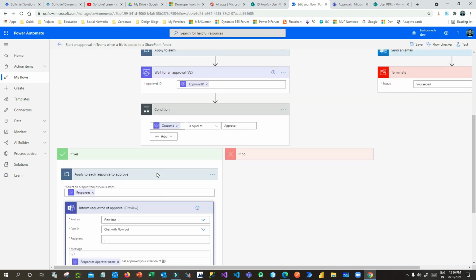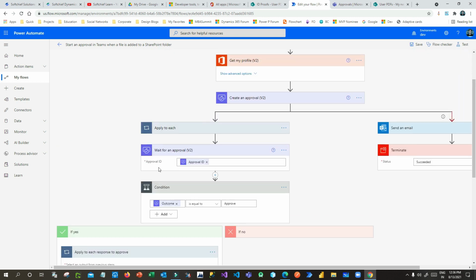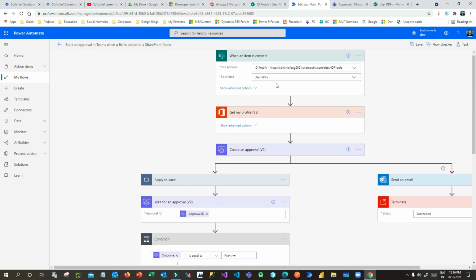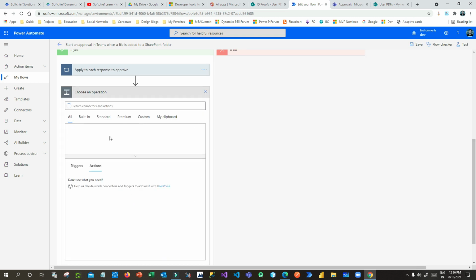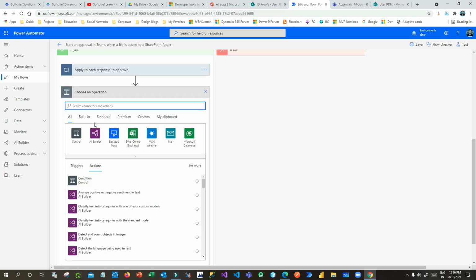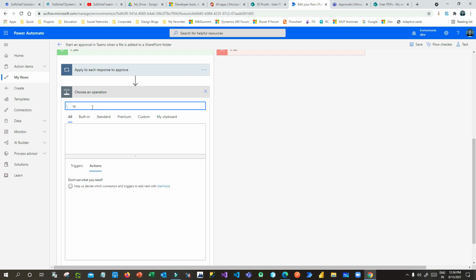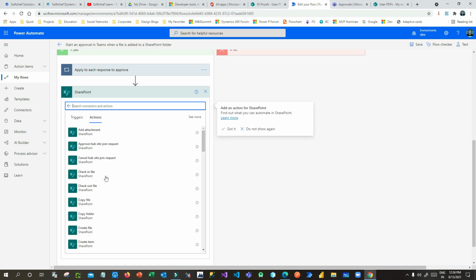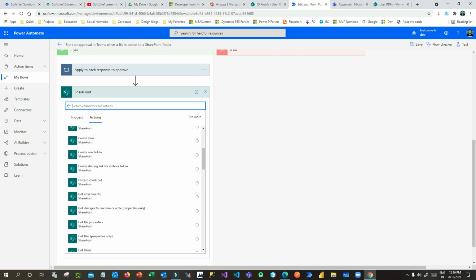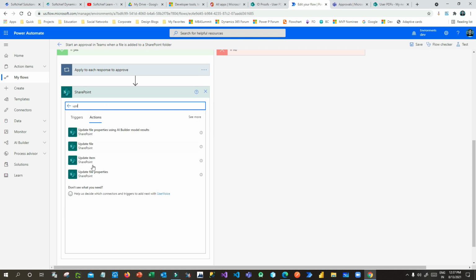That's it, right? But if I want to again update the SharePoint item once it is approved, then also I can use an action here, right? I can use the SharePoint connector, and use the action called update item, right? If I had a column to store approval status, then I can use update item, right?